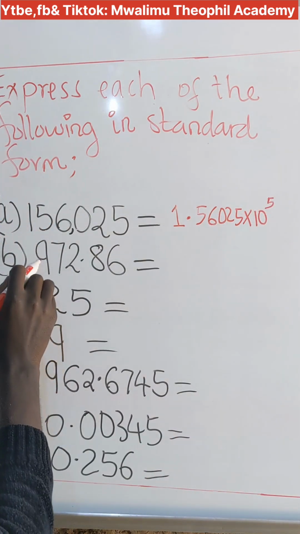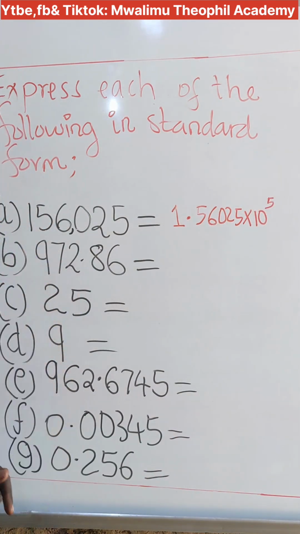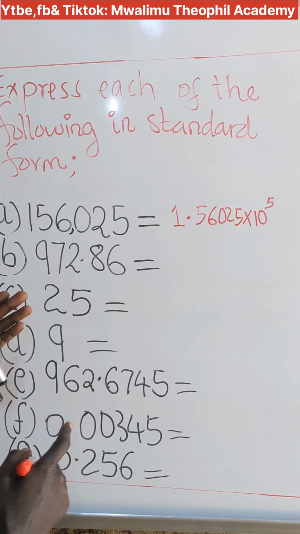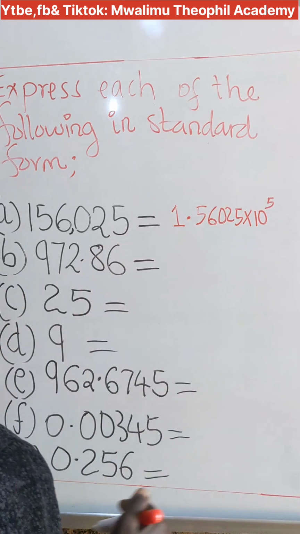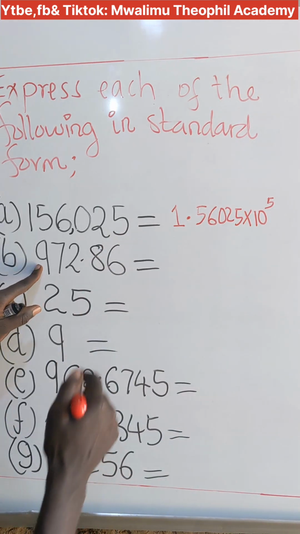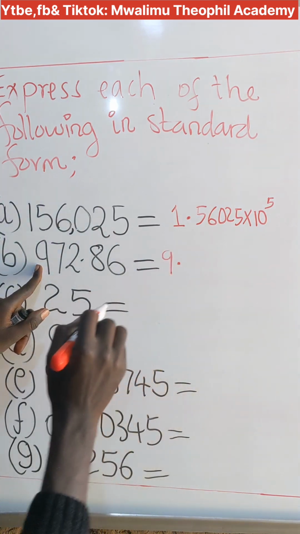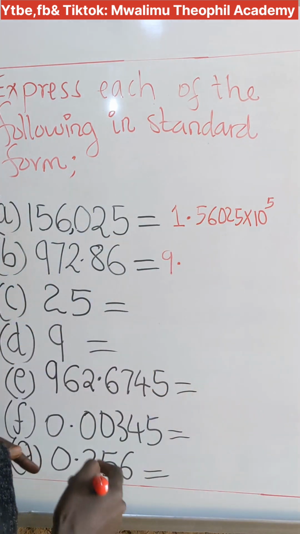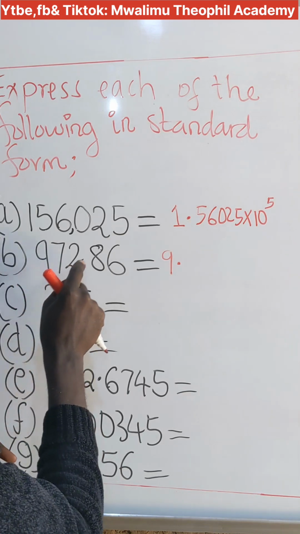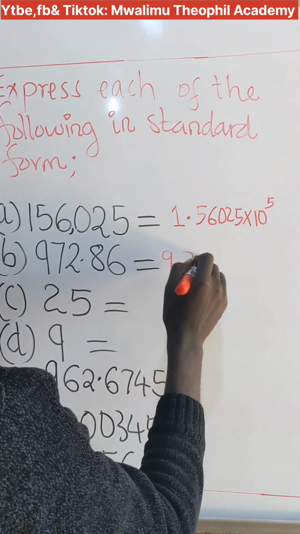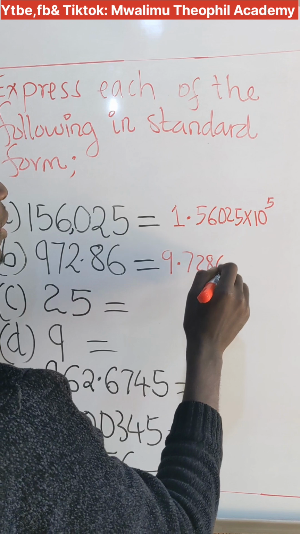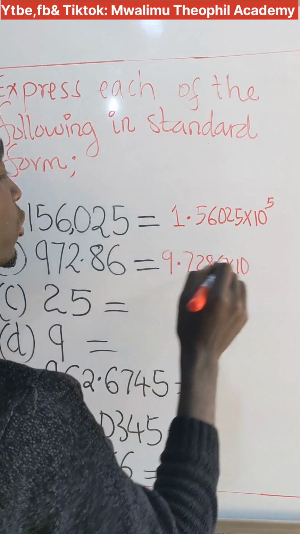Part B, we have 972.86. In this, as usual, we start from the left-hand side toward the right-hand side. The first counting number here is 9. So we write 9, followed by a decimal point. Then we write the remaining digits without putting another decimal point. So we have 7286. We multiply by 10 raised to